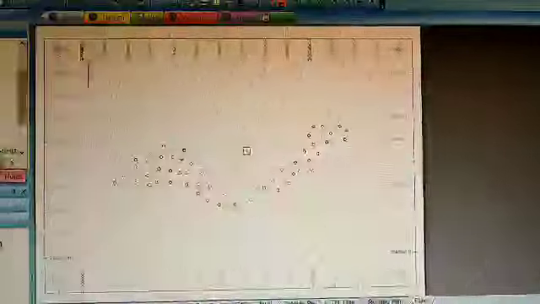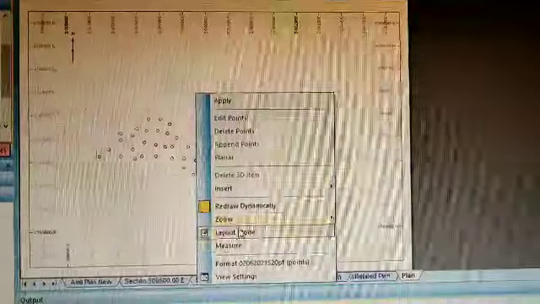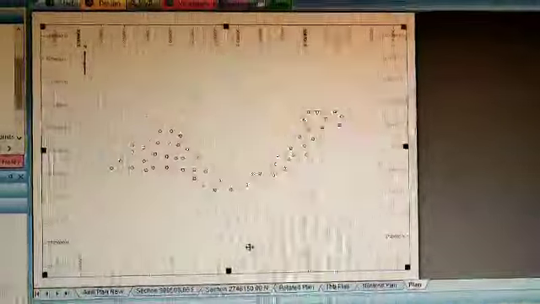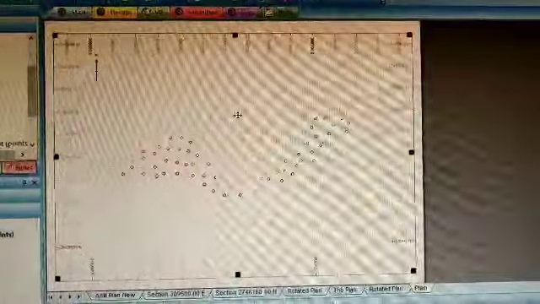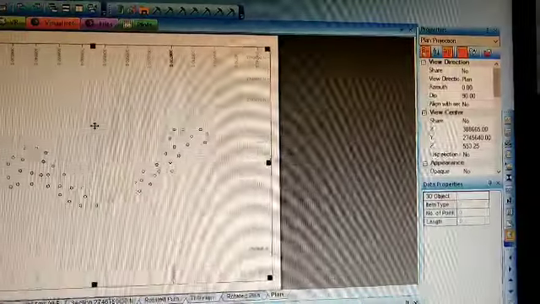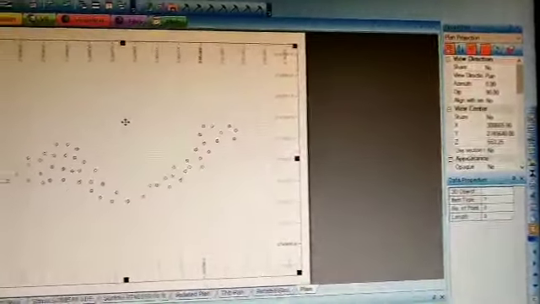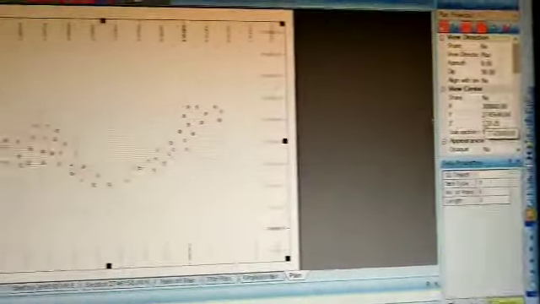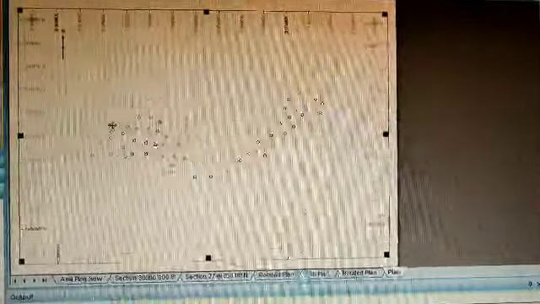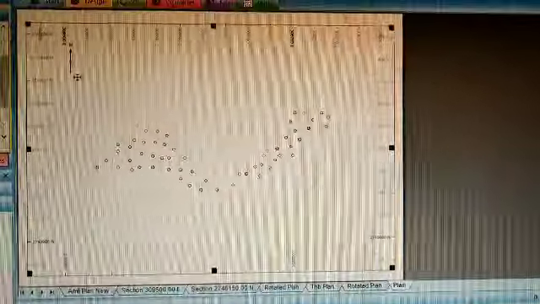For other formatting, we have to choose the layout mode. By right clicking, we will find this dialog box, and by clicking at layout mode, we will find our page in layout mode. By going to layout mode, we can format the text and title box, text box, scale bar, pan view, all those commands will be active.